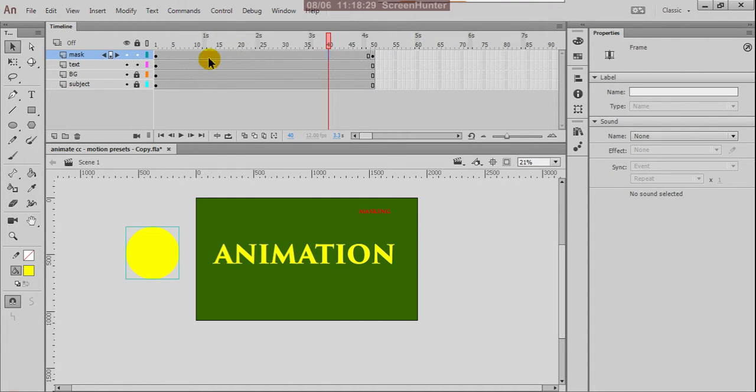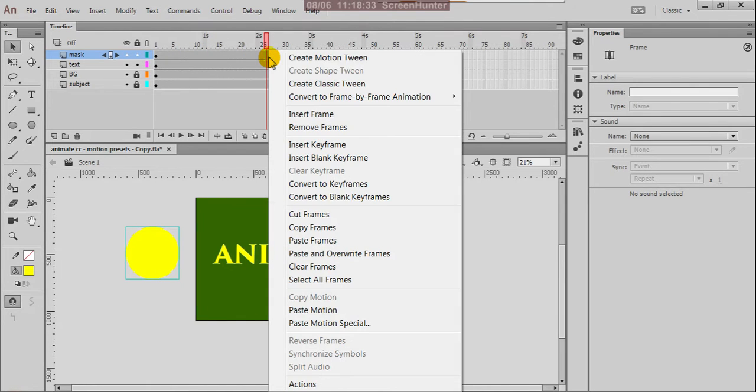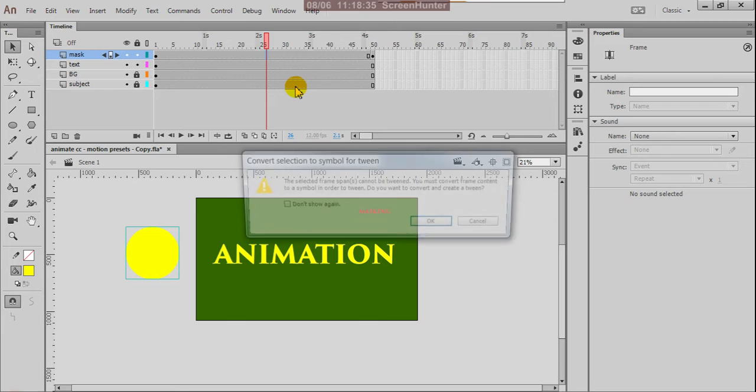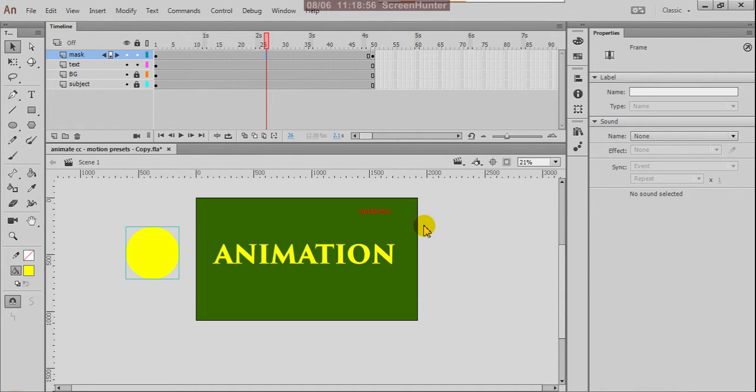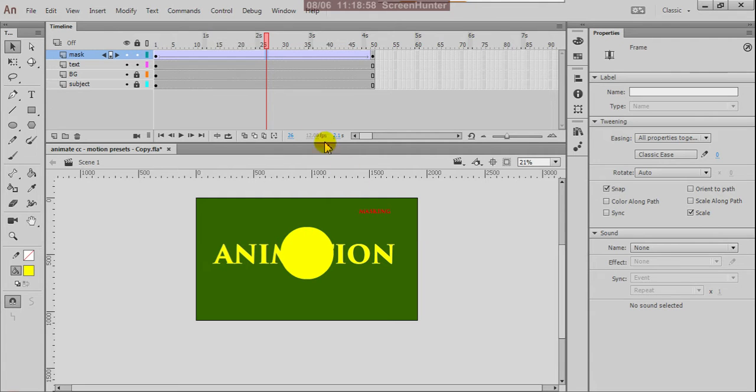Between these two keyframes, anywhere right click and create classic tween. Automatically it asks: the selected frame spans cannot be tweened, you must convert frame content to a symbol in order to tween. Do you want to convert and create a tween? Yes, convert this into a symbol.